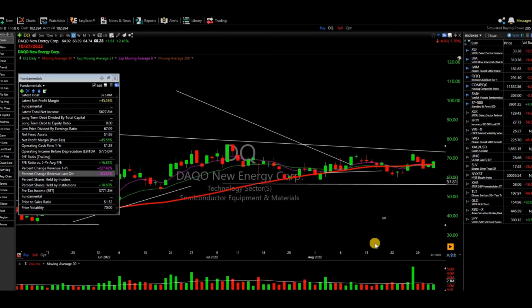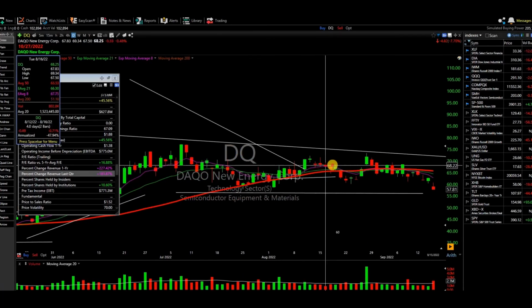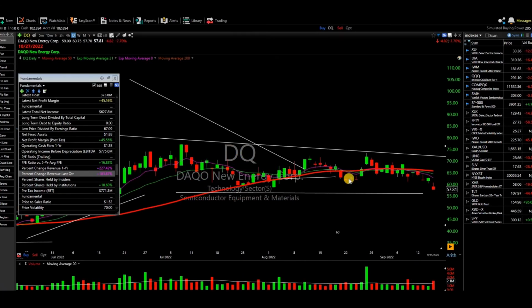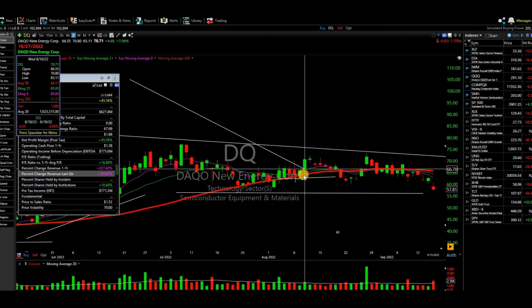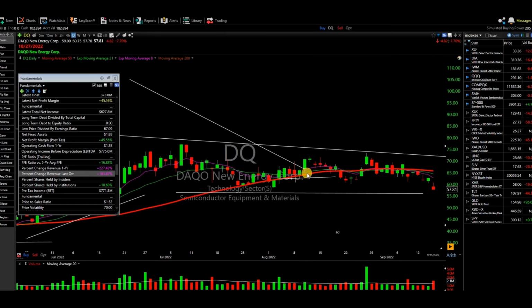Well, next thing you know, the stock held a little bit, and in this situation I don't go by the moving average. I want to see if the stock's going to hold strong. I don't want it to close below a certain low. So again, this candle right here took out the low of that candle. And I was following it, even though I took a loss on it, a small loss.